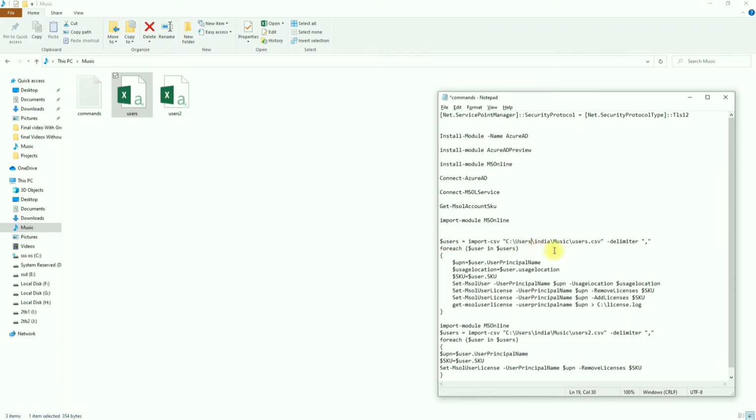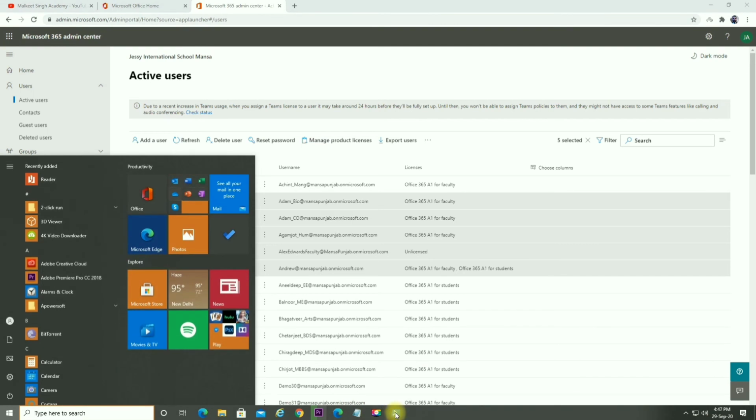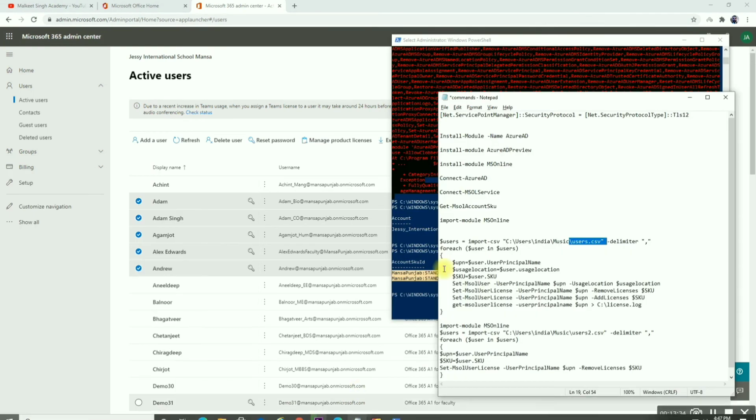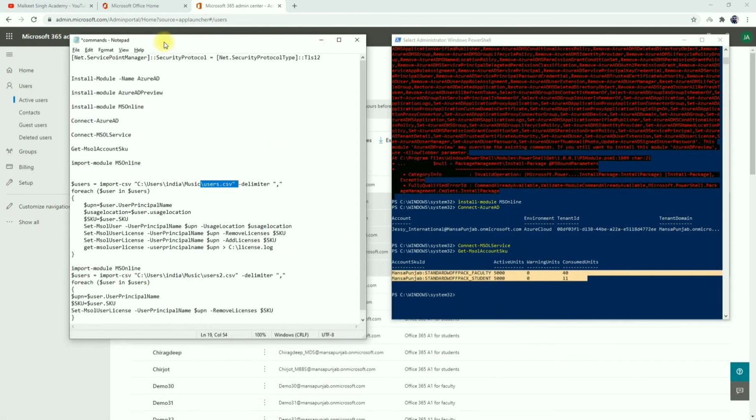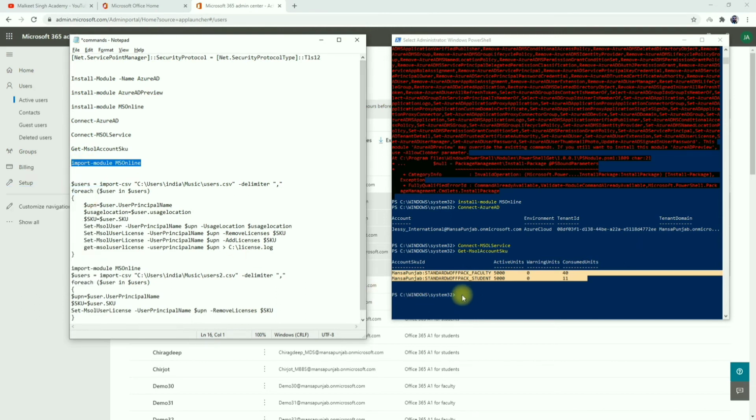You have to do the same thing, and you can also name your user CSV file some other name if you want, but make sure that you change the commands in this text file here. So I'm going to paste all these commands here. This is my location here: C:\user\India\music. Similarly you have to put all of your commands here.